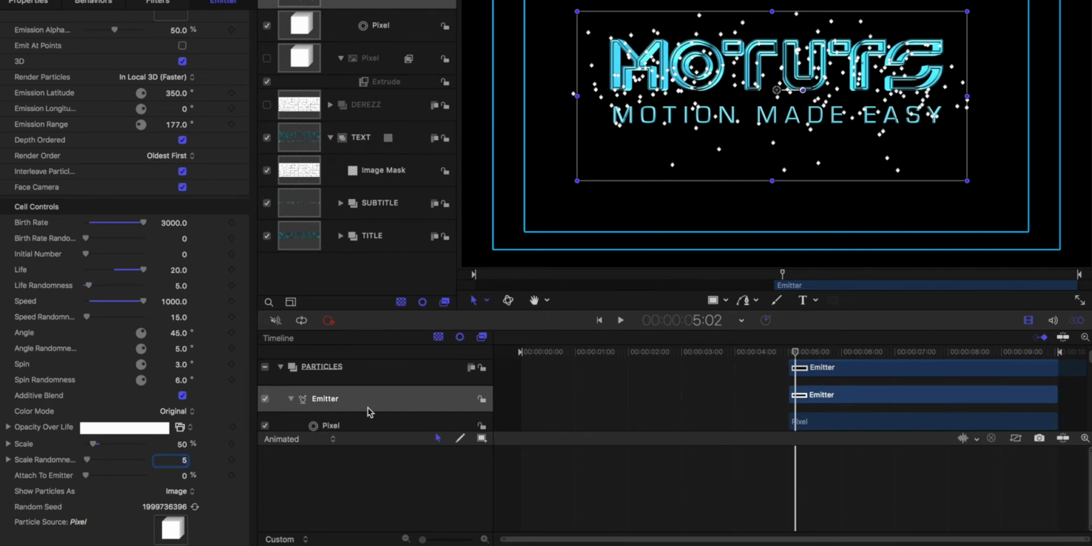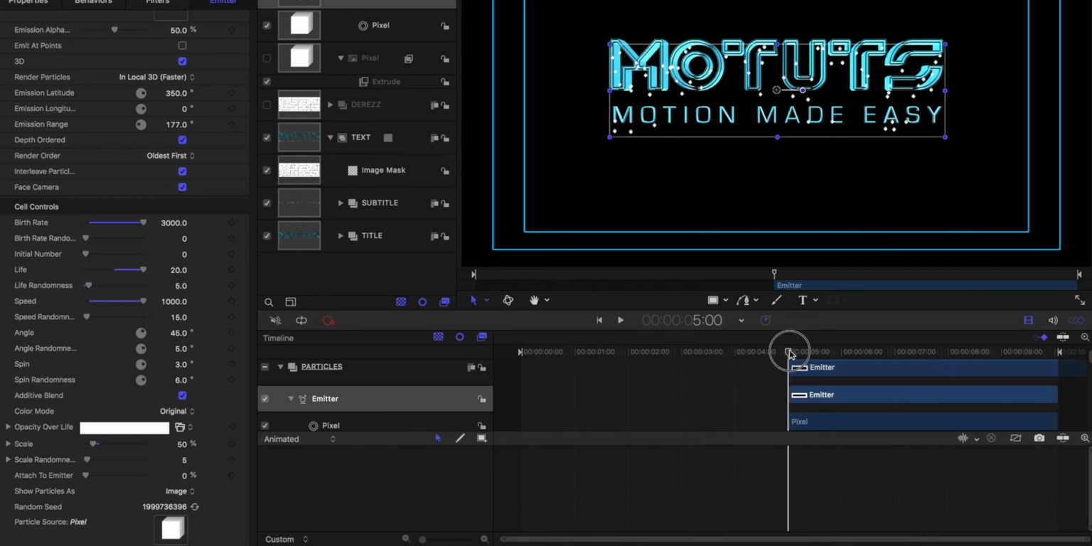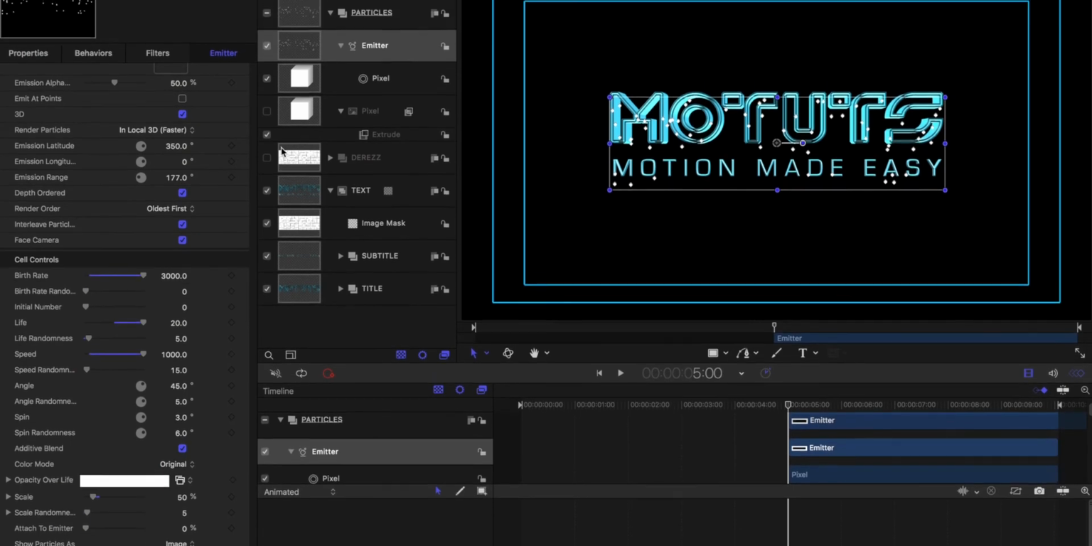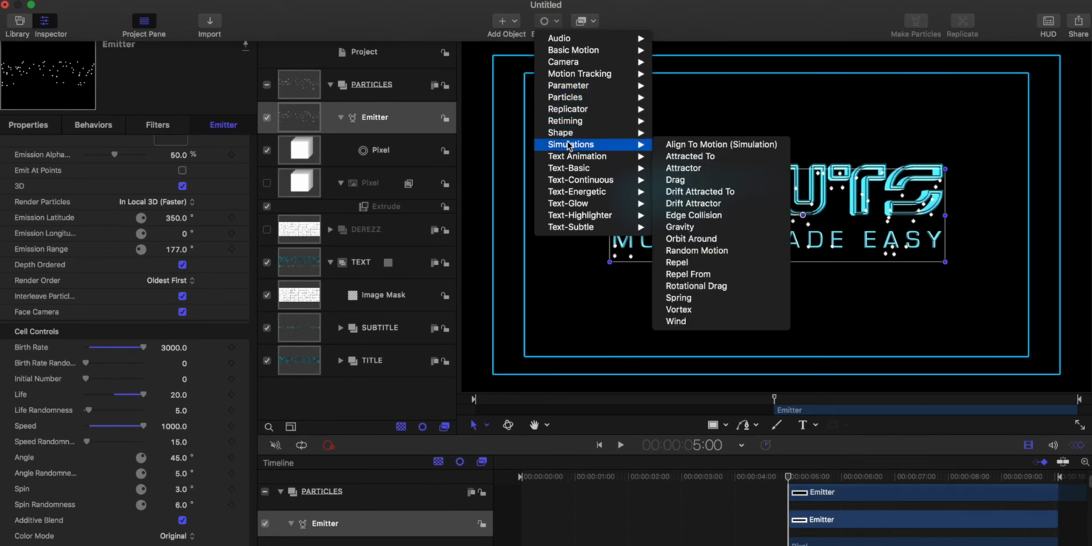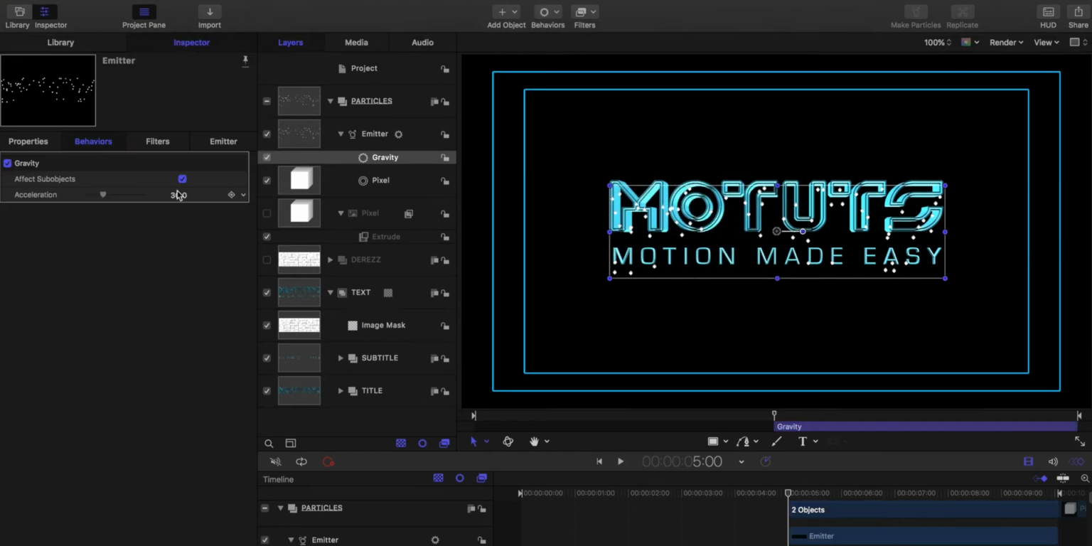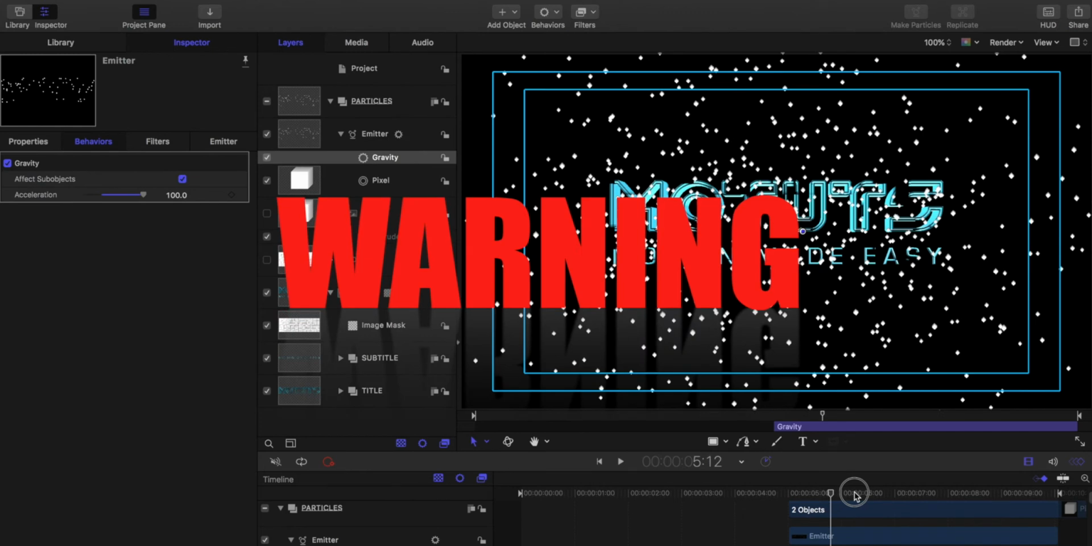We're good with this. So now, how are we going to address this particles flying out into the ether situation? We're going to correct this by adding a parameter behavior for gravity. So go into behaviors, simulations, and gravity. We're going to click on this gravity and make the acceleration for the gravity 100. So now when we scrub through,